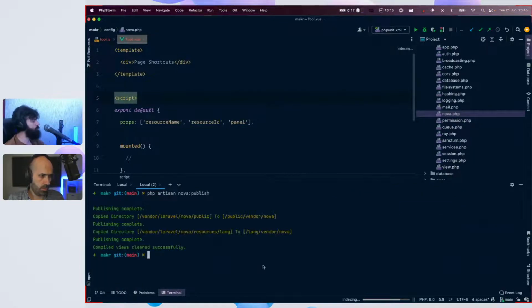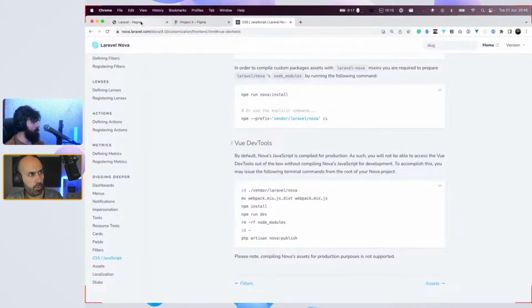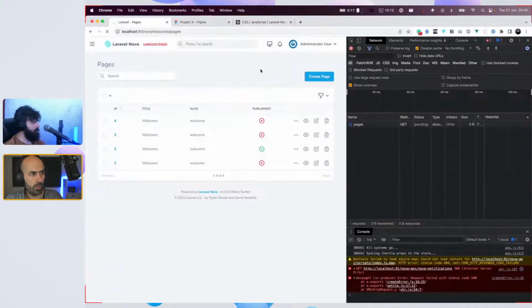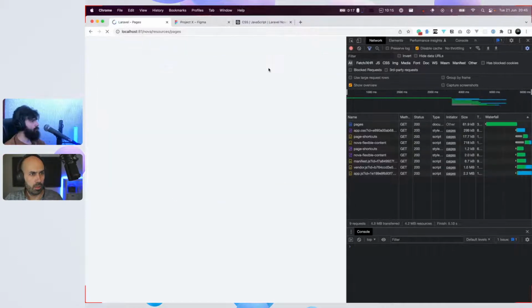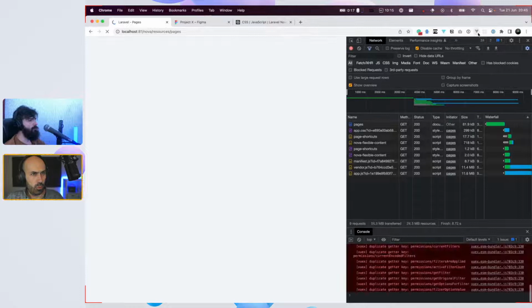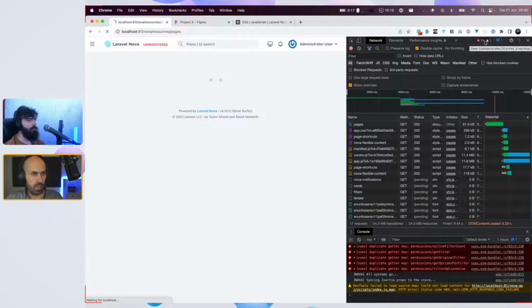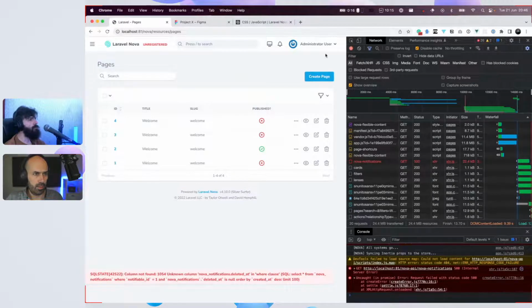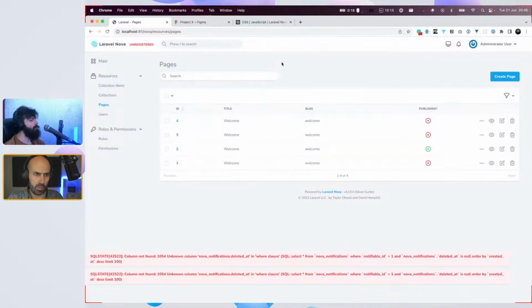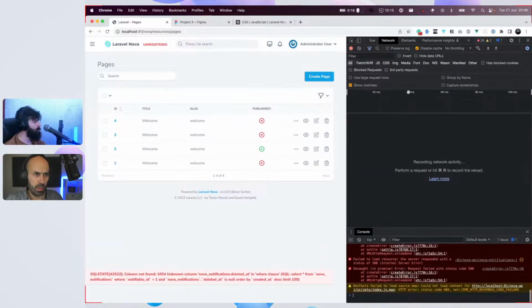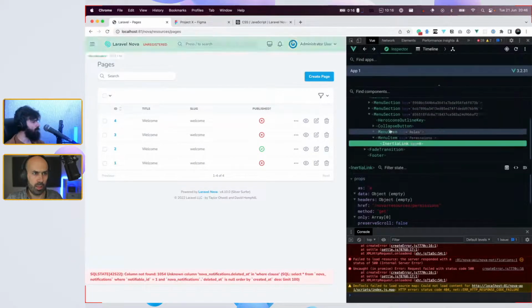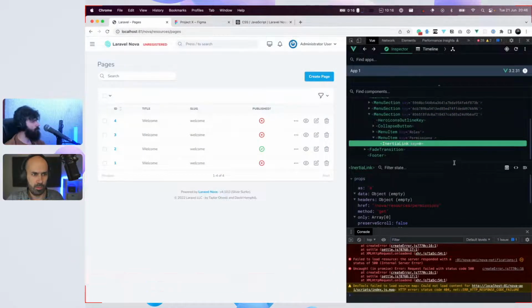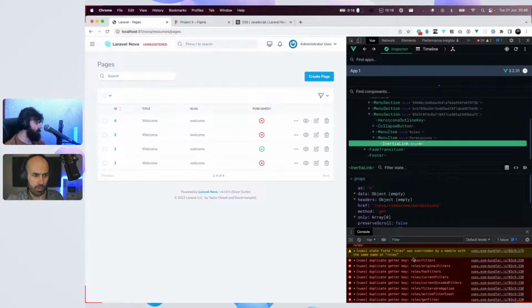There we go. And sure enough, if we now go back to our Laravel Nova application, Vue DevTools will most likely detect it as access, and right now, yay, we have access. So what you have to do is close the inspector, open again, and Vue DevTools will boot, and now we have the inspector for Nova.